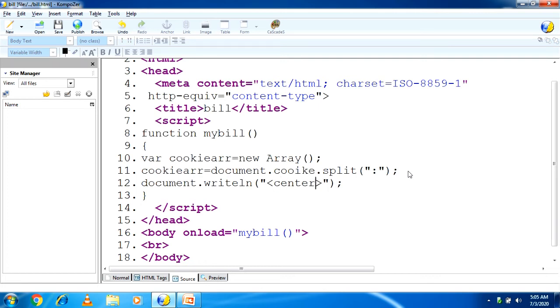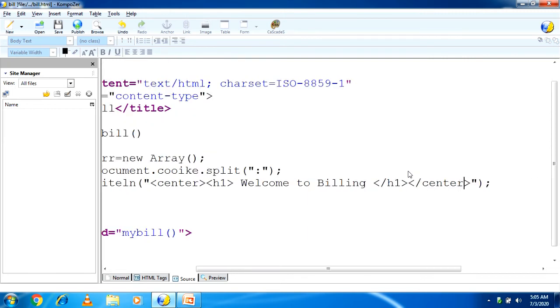Center spelling is CENTER. Here you have to write the HTML tag, that's why you write it inside the quotes. H1 welcome to billing. Okay, this is the heading of the page. H1 tag close, center tag close, because this is HTML.